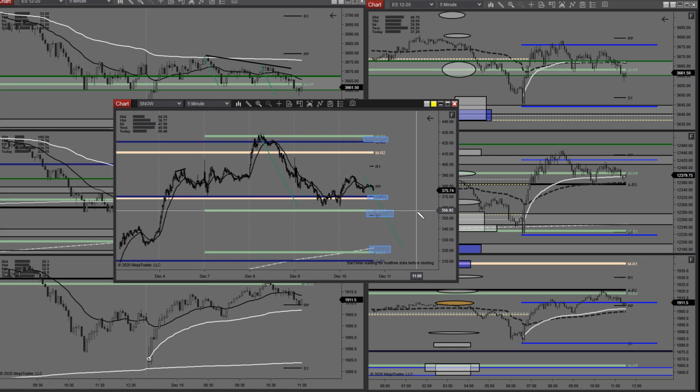These are the bus stops, and the bus is price, and the path is how the bus gets to the different stops. Unlike a bus, which always goes from stop A to B to C, the market almost always does go from stop to stop, but we have really very little access to what order that's going to happen in. I would say no access. I mean, that's the whole reason of mapping this sort of thing.